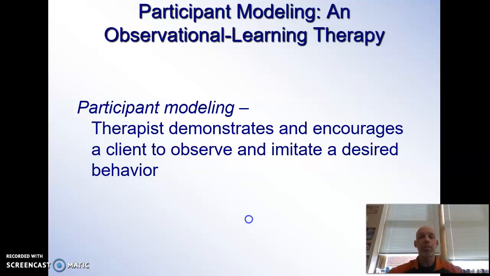Again, this becomes very strong when you have people that have formerly lived with that anxiety-provoking stimuli themselves. Kind of goes back to what Mr. Woodard was talking about with some of those group therapies like Alcoholics Anonymous. You might have just a group of people that all have the same issue. Once you start seeing other people being able to successfully deal with that issue, you in turn follow along.